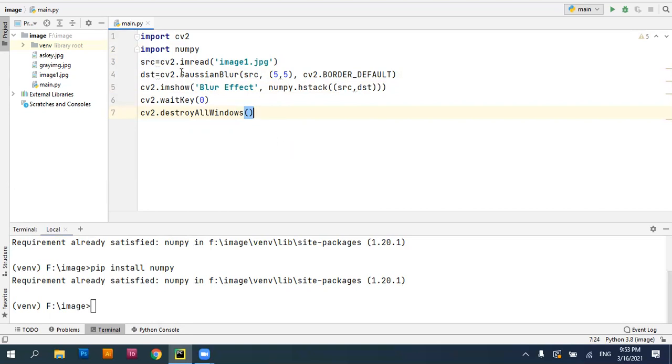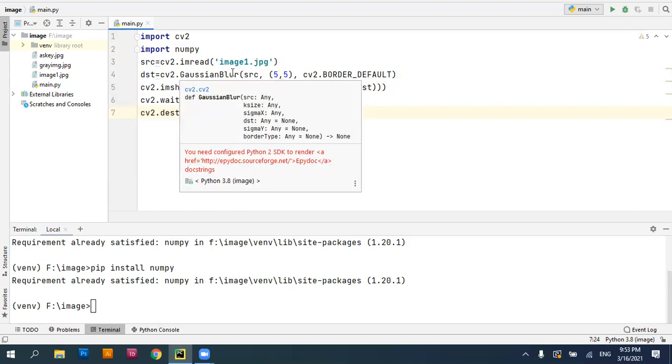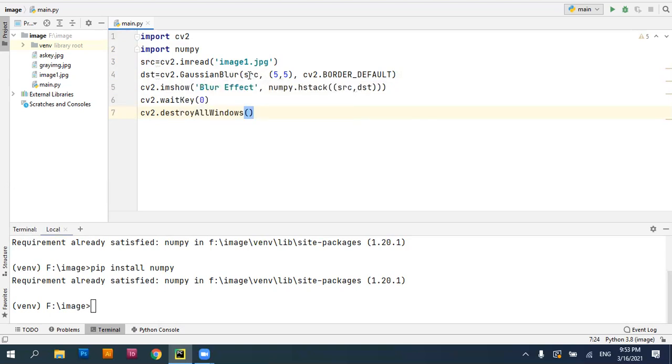Here I'll be using an inbuilt function called GaussianBlur on the specified source file, and then I apply the amount of blur effect to be applied on my image and specify the boundary using the attribute cv2.BORDER_DEFAULT. And then I will be using hstack, which is a NumPy function, which helps me display the original image and the blur image in one single window. So my program is ready. Let me run this and see what our output is.